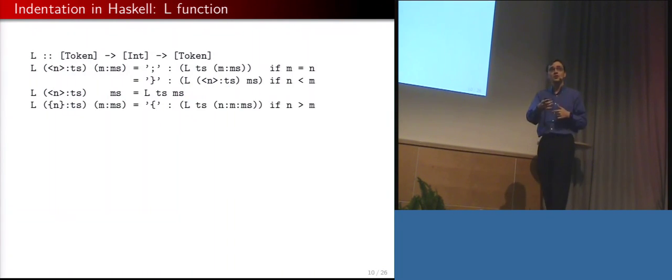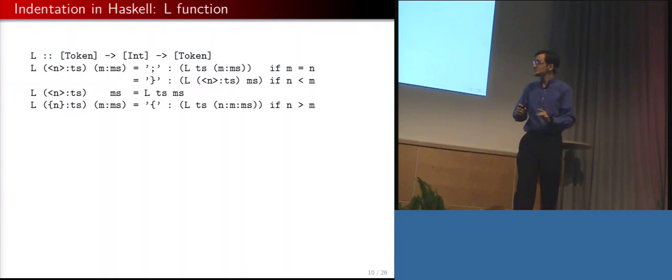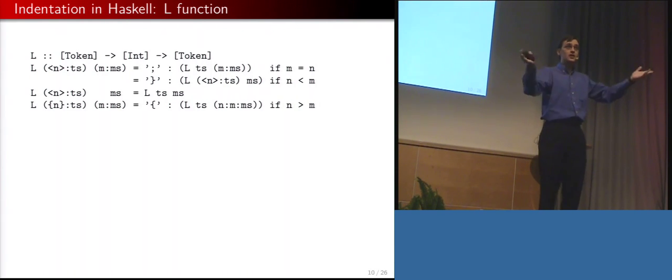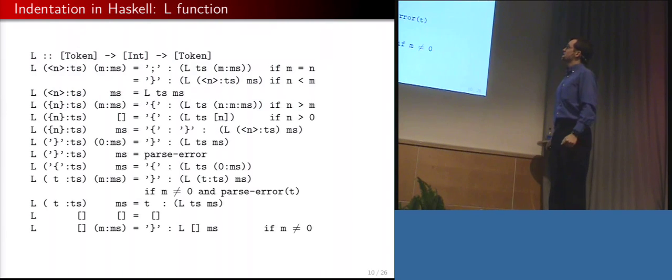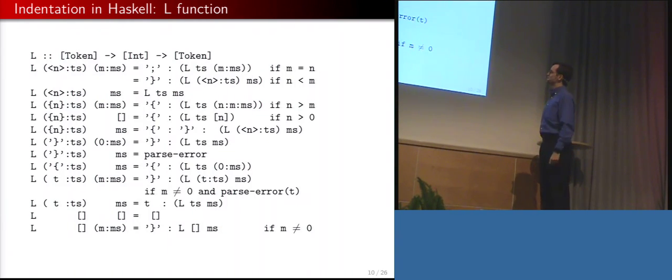For n in curly brace, what we're going to do is, well, we're starting a new indentation block, so we're going to insert an open curly brace. But because we started that new block, we're also going to have to push that context onto the stack, so n gets pushed onto the ms stack. Okay, so far so good. Then it gets messy. I don't have enough time in a 20-minute talk to go through it,